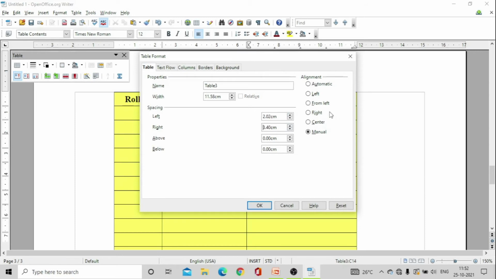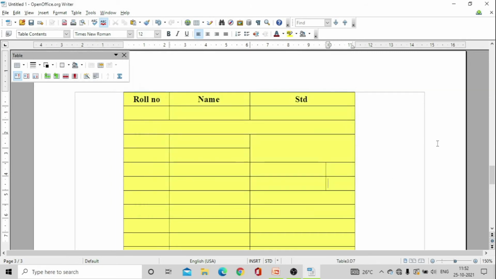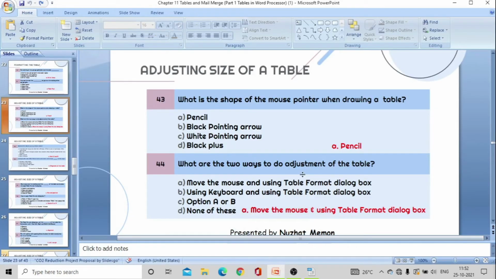Yes, so for example if I'm increasing left here, that means it will go this much distance away from the left margin, and the same applies for the right side. And for above also, this means it will be 20 centimeter from the top of the page and it will be 20 centimeter below from the page margin. And you can have alignments also, that means manual here allows us to choose specific. Now we can go for OK, and yes, as you can see, the right distance is more than the left margin distance, right, as we customized by our needs. So these were the 2 methods.